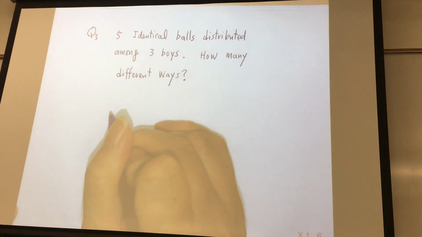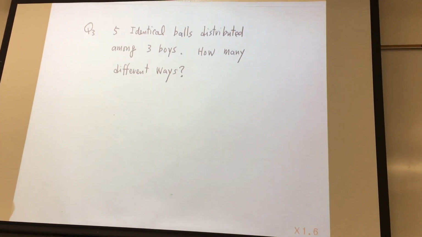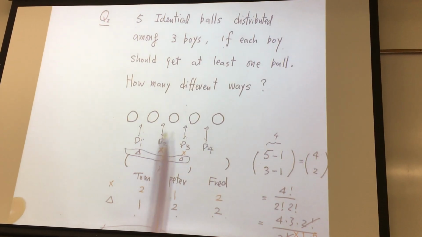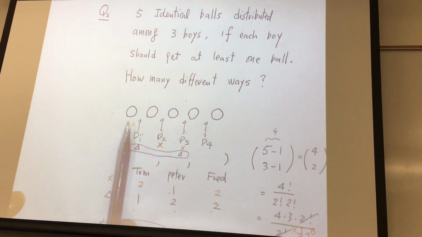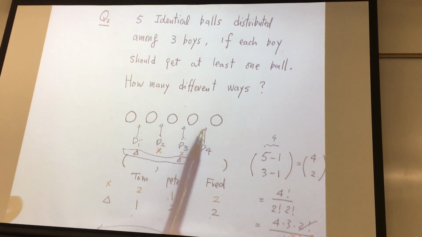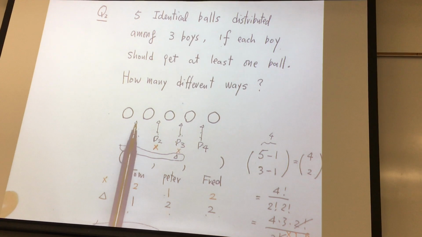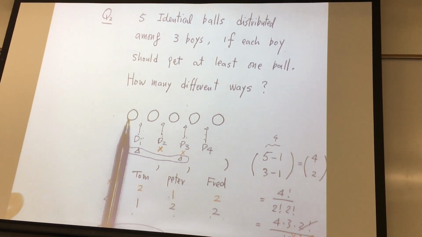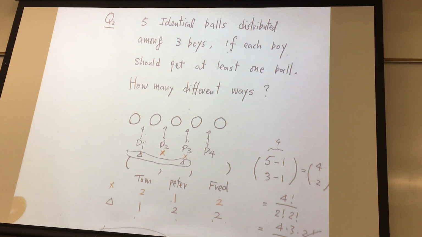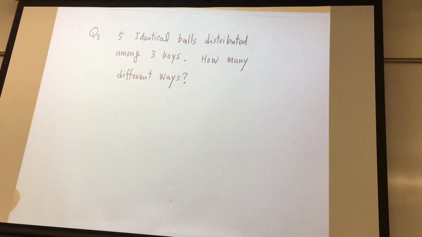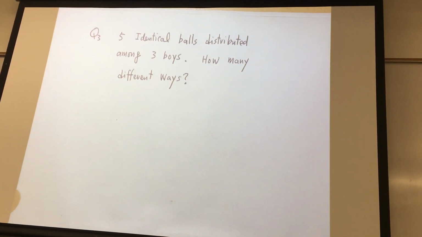Okay, look at here. The method we used before, if we use this method, then each boy will get at least 1 ball. Is that okay? When I choose this one, that means the first boy gets at least 1, right? This method cannot handle the situation that some boy gets nothing. Is that okay? So to handle